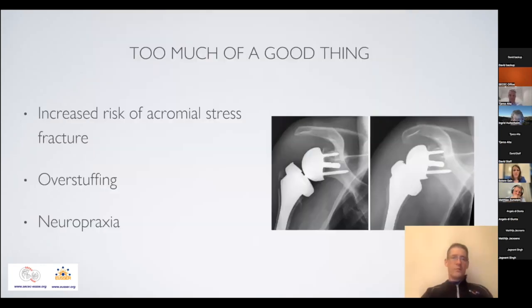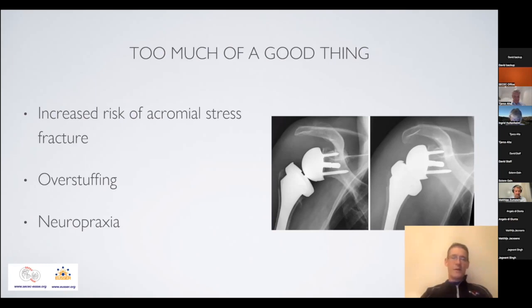We've noted with some component designs with both a lateralized glenosphere and a lateralized onlay humeral component, it's possible to lateralize by 35 or 40 millimeters, and it is possible to have too much of a good thing. And there is data that suggests that with the increased lateralization, there is increased risk of an acromial stress fracture. There may be overstuffing leading to stiffness, and in some cases, particularly smaller patients, it may lead to neuropraxia and